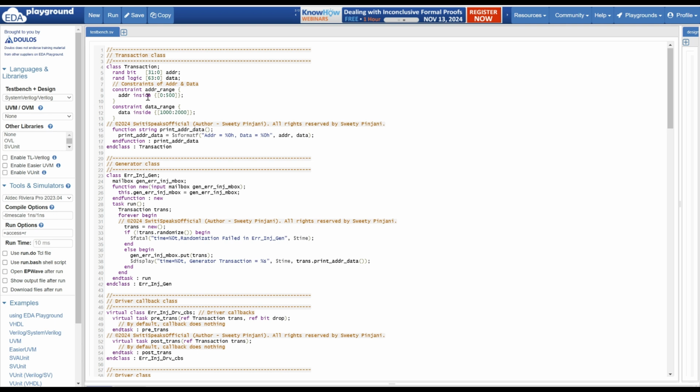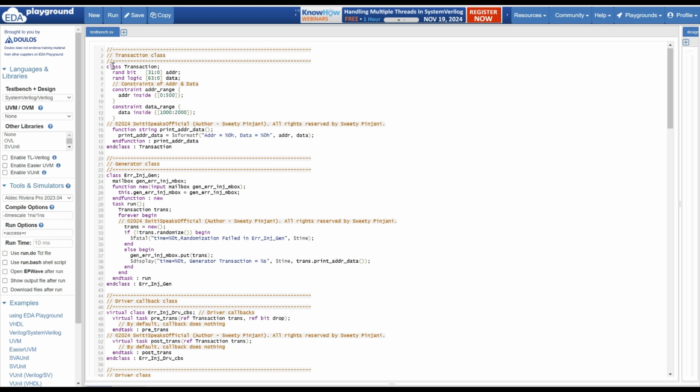As a verification engineer, it is our job to ensure that we test our design in all possible error scenarios and ensure that our design is handling errors properly and functioning as expected. I will show you the complete test bench on how to generate these error scenarios. I'll explain each and every line of each and every class.